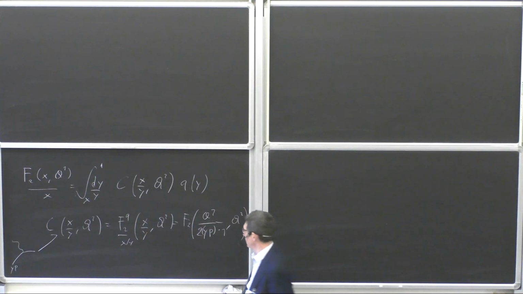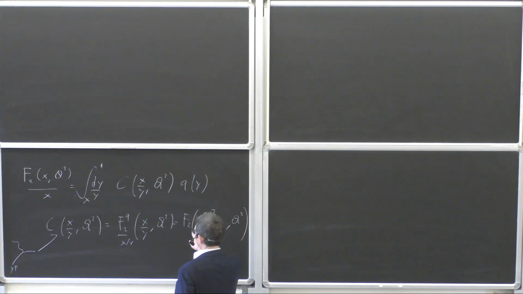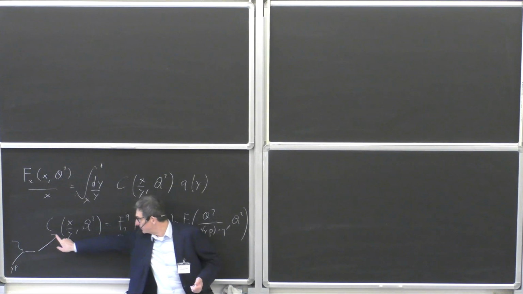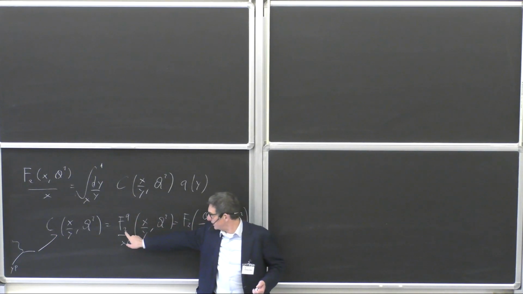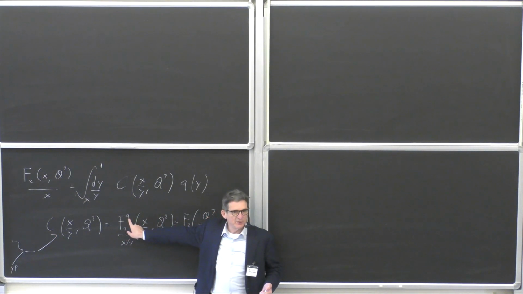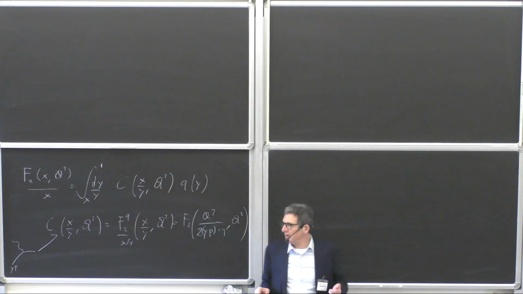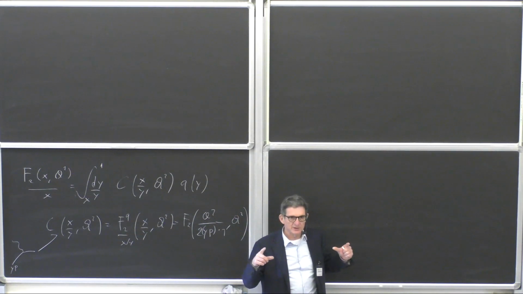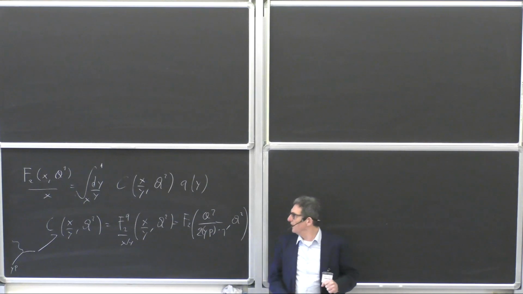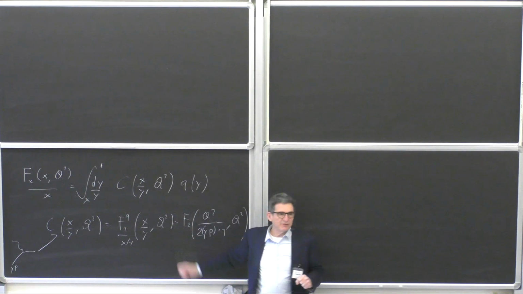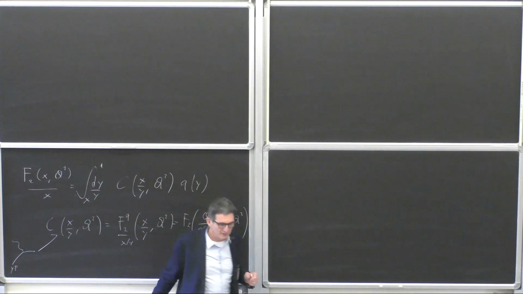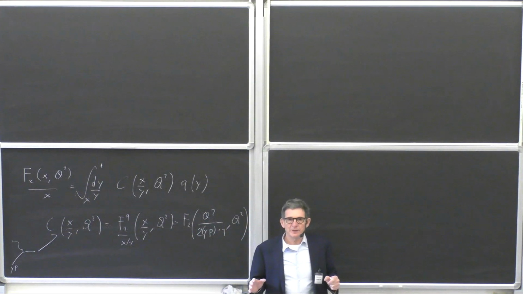So remember the way we derived this expression. In particular, the way we arrived at the conclusion that the coefficient function is just the structure function computed for a free quark was noticing that if I compute my operator matrix elements in a free quark state, then the PDF becomes a delta function, right? And then I just got the identity, which is here, right? But